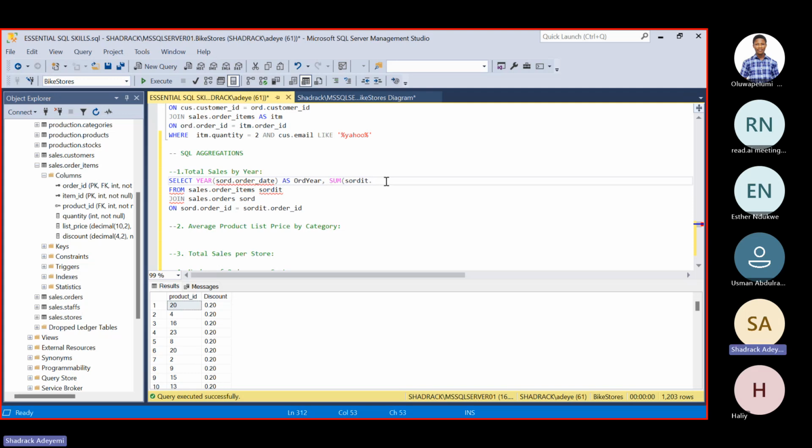I'm going to paste it and call the list price. I think my IntelliSense just disappeared. Is it just me? What should we name this? I think total sales.